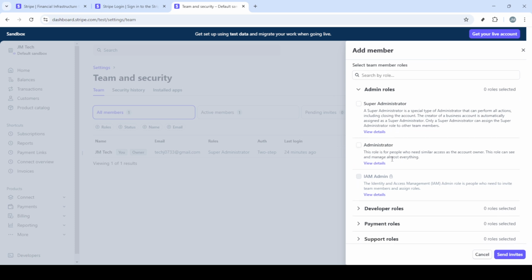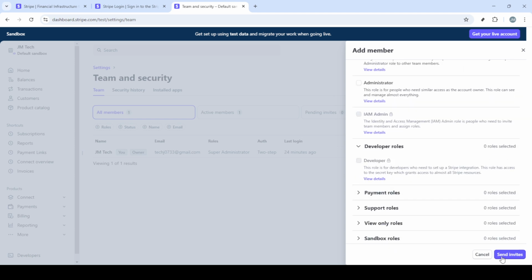This button is generally located towards the top of the team management page and kicks off the process of adding a new team member. After clicking Add Member, you'll need to enter the email address of the new user you want to add to your Stripe account. Please ensure the email address is correct to avoid sending invitations to the wrong person, which could cause unnecessary delays